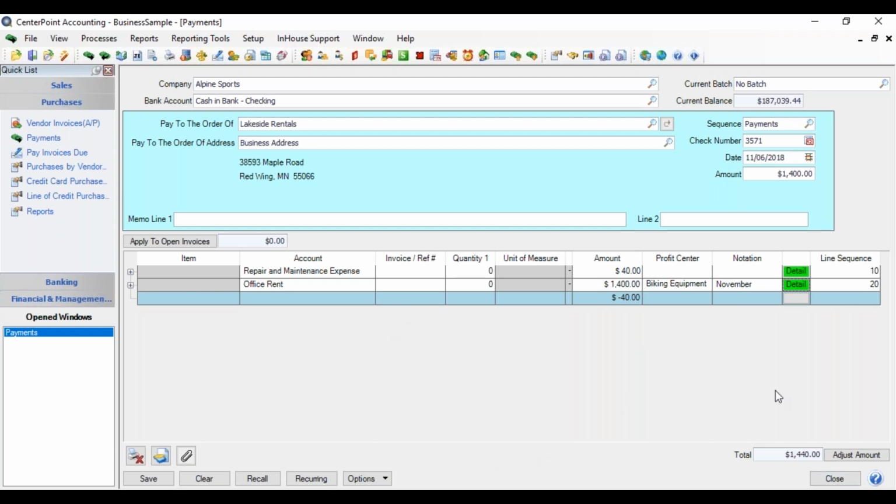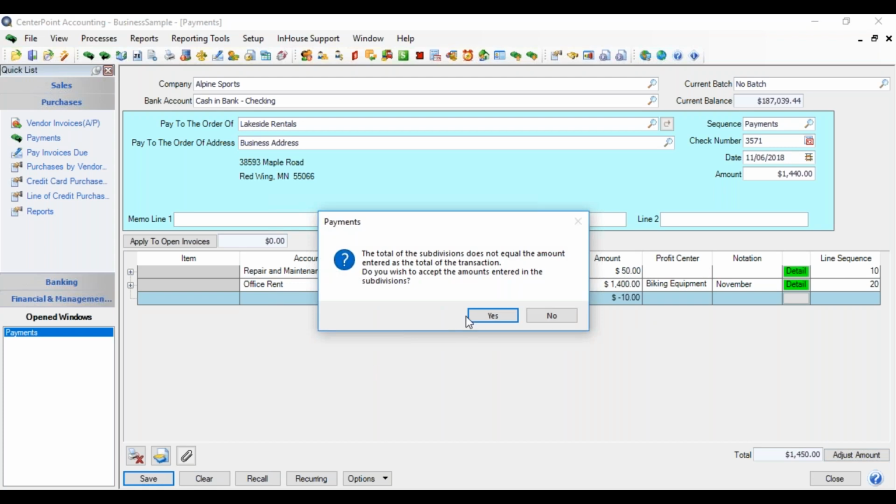Down at the bottom, if my amounts do not total up to what I have at the top of the screen, I can click adjust amount like that, and that would change my amount up at the top. Let's change this one more time. And if I don't total that and I click save, it'll come up and give me a warning